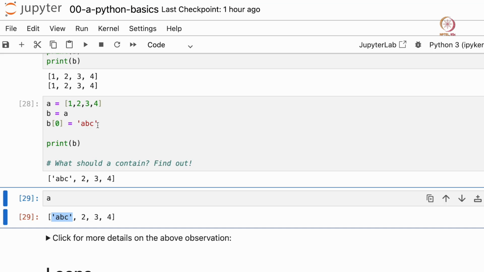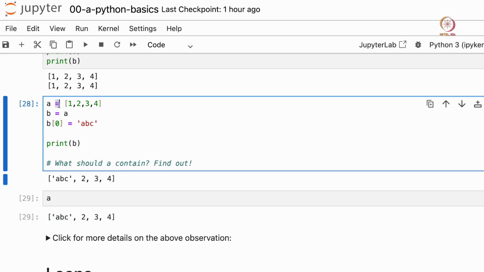Why this happens is Python stores your data in a specific part of your RAM and then assigns that data to a variable, and every equal to mark is actually the assignment of that data to that variable. For example, when you type A equal to 1, 2, 3, 4, this data is stored somewhere in the RAM, and A is assigned the data that you have stored in the RAM.